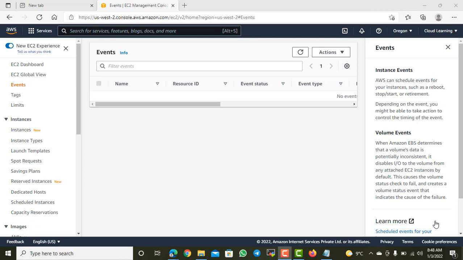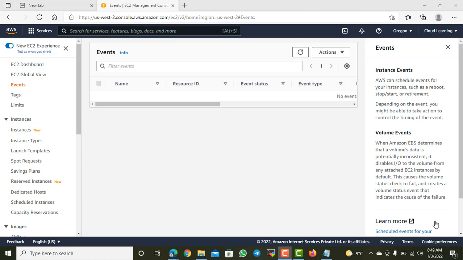They want to reboot your instance, right? Or maybe they want to stop and start your instances because it is getting retired or the underlying physical hardware is not well, and they want to move your instance to new underlying hardware. So in those events, AWS schedules your instances for moving the servers or basically for rebooting, and for that particular period you will get the event, like what will be the scheduled time